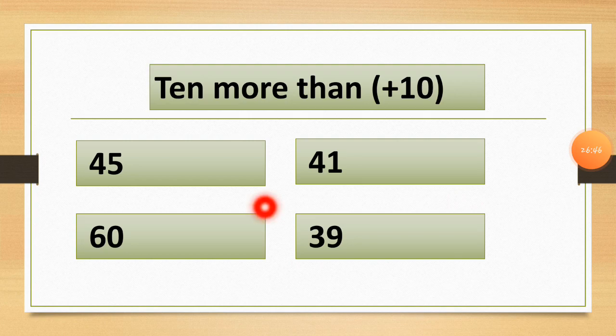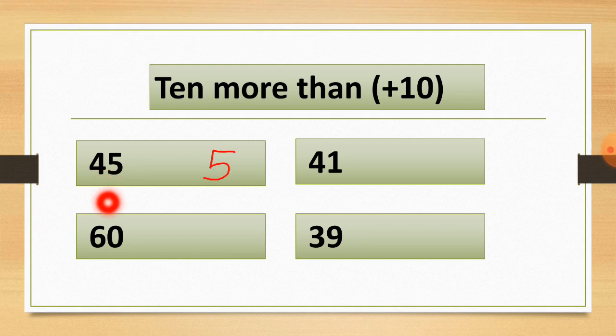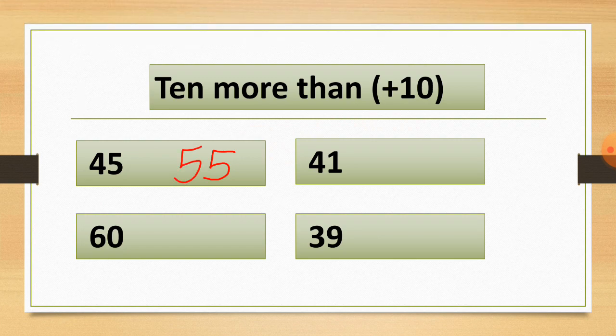Here we are also using the shortcut method first. Here is the number 45. First of all, write down the ones value as it is. Here the ones value is 5, so I write this 5 as it is here. Now you have to add one in the tens place. Here 4 is at the tens place, so we will add one to this 4. So 4 plus 1 is equal to 5. So here we get the answer, which is 55. So 45 plus 10 is equal to 55.